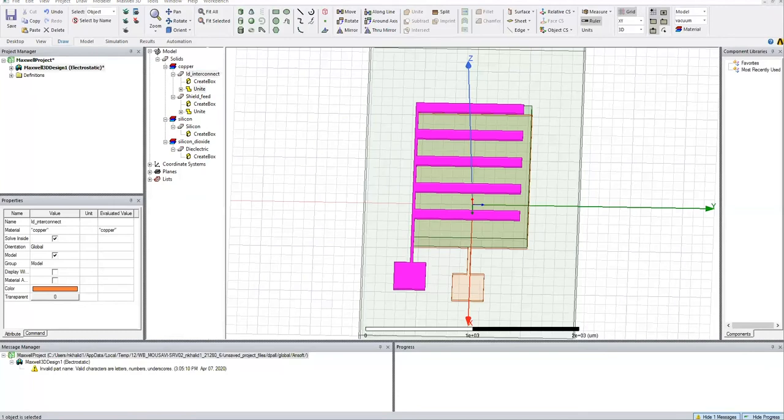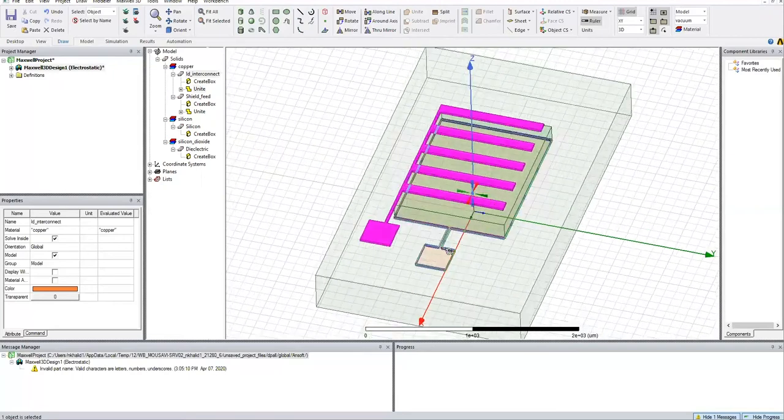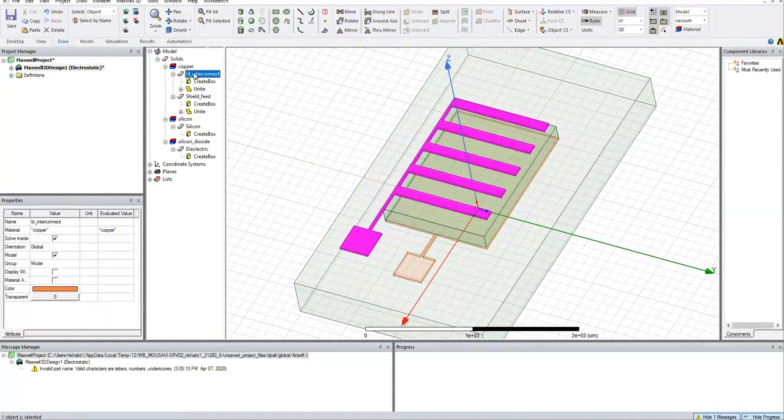The next step is to develop the second IDE, but we don't have to repeat the same process again.